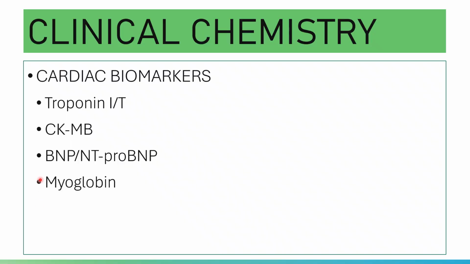Okay, cardiac markers. You have troponin I or troponin T. Please note that this is utilized for diagnosis and monitoring of heart disease or cardiac diseases. And usually, your troponin I is treated as STAT. When you say STAT, you run it immediately. Then you have your proBNP, or brain natriuretic peptide.